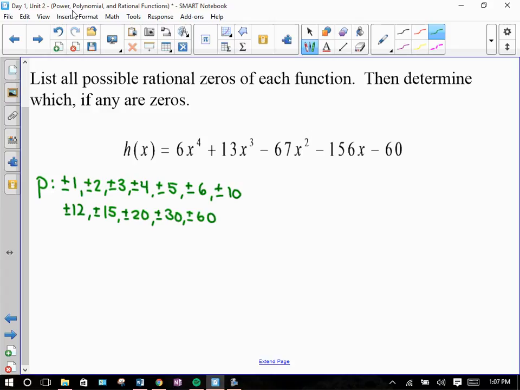Right? And then find the factors of our leading coefficient, which is